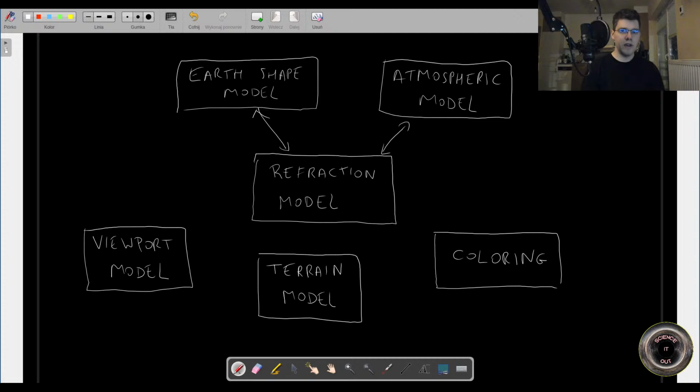It had a really vague idea of the Earth shape, because even then it was intended to show the differences between the globe Earth and flat Earth. So basically you could specify if the Earth was supposed to be a globe or flat, and those were the only two possibilities. And the atmospheric model was very rudimentary, and it basically just assumed an exponential. So if I write this as an equation, maybe,